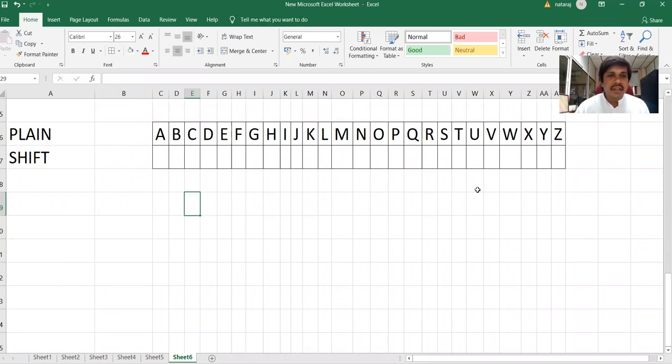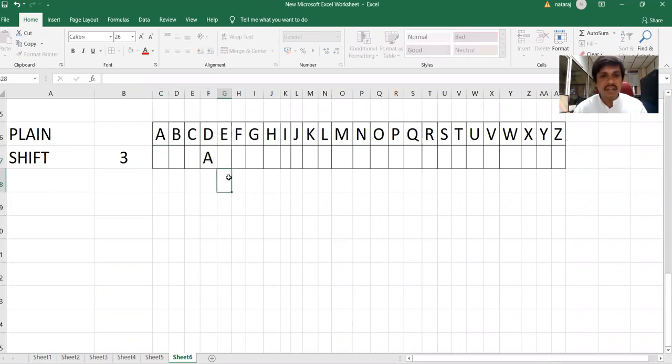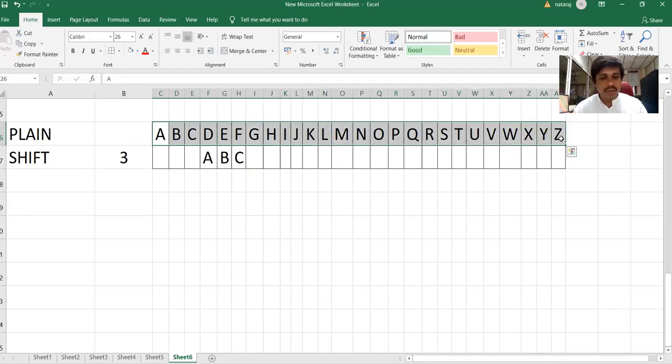Here I'll maintain a shift value of 3, which means that A will be shifted 3 positions towards the right. A, B, C, D, E, F will be shifted 3 positions.